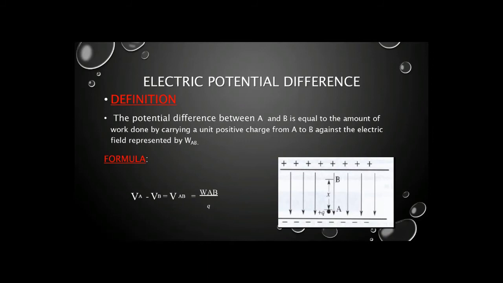So consider the task of moving a positive test charge within a uniform electric field from location A to location B. In moving the charge against the electric field from location A to location B, work will have to be done on the charge by an external force. The work done on the charge changes its potential energy to a higher value, and the amount of work done is equal to the change in the potential energy.